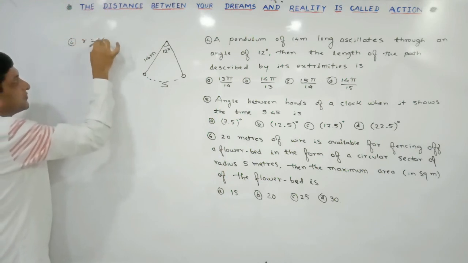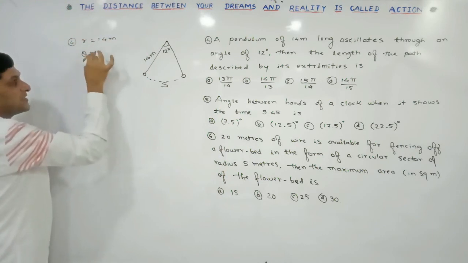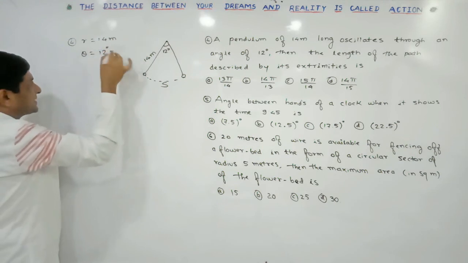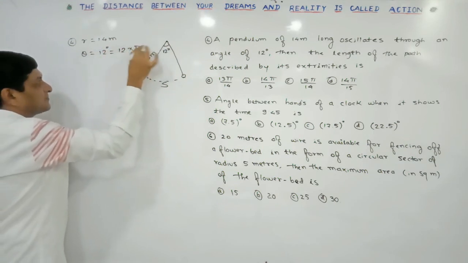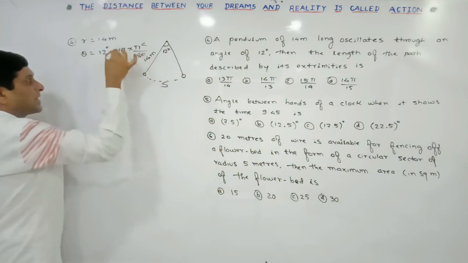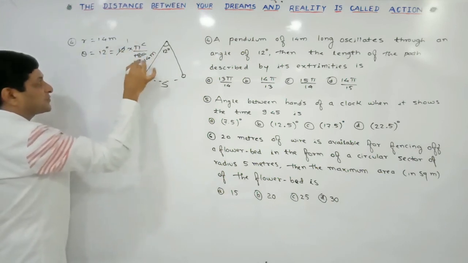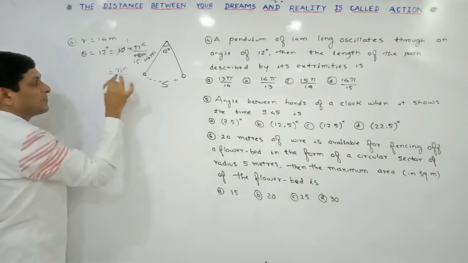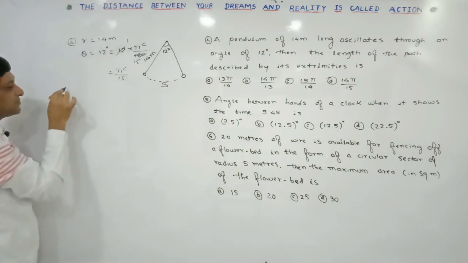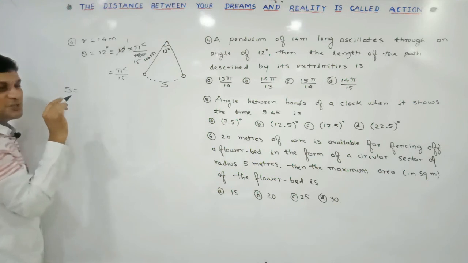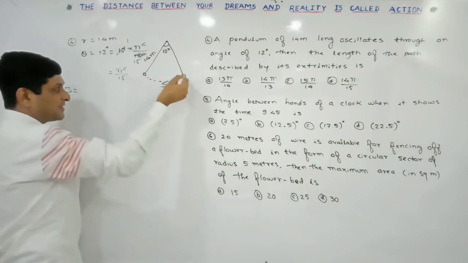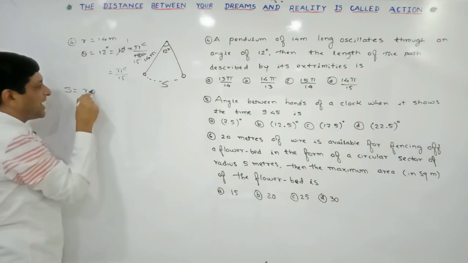R is equal to 14 meter, it is given to us. Theta is equal to 12 degrees. First convert this degree measure into radian. For that purpose multiply it by pi by 180. 12 ones are 12, 15s are 180. So what result are we getting? Pi radian upon 15. Once these two values are known to us, which formula is applicable to find the length of arc? That is s is equal to r theta.